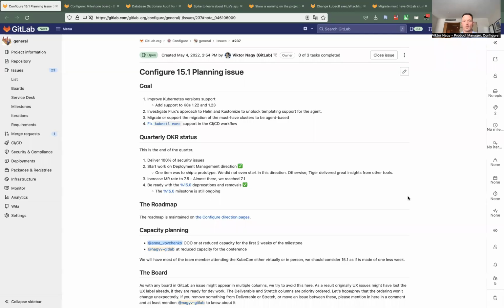So what do we plan to work on in the next milestone? First of all, we are going to focus mostly on maintenance type of work. We are way behind our Kubernetes version support. The official release of Kubernetes 1.24 happened 2 or 3 weeks ago. We are just giving support for Kubernetes 1.22. We don't even support Kubernetes 1.23. And at the same time,